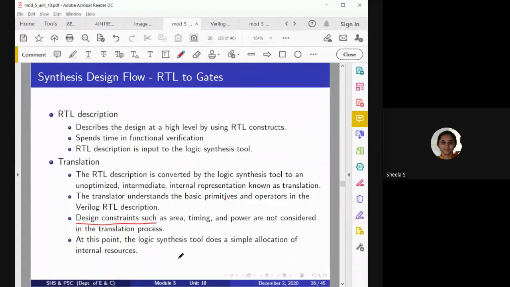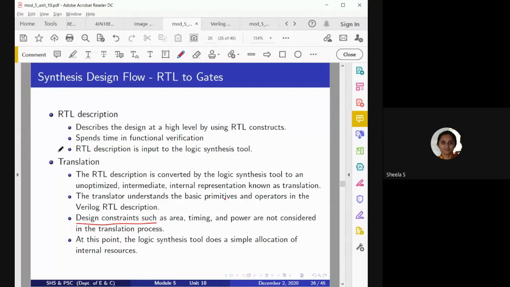Means whatever program we write, we simulate and observe the output. Once the output is proper, then we go for synthesis. So that is the reason, after the functional verification, the designer will send this data to the logic synthesis tool. What will this logic synthesis tool do?